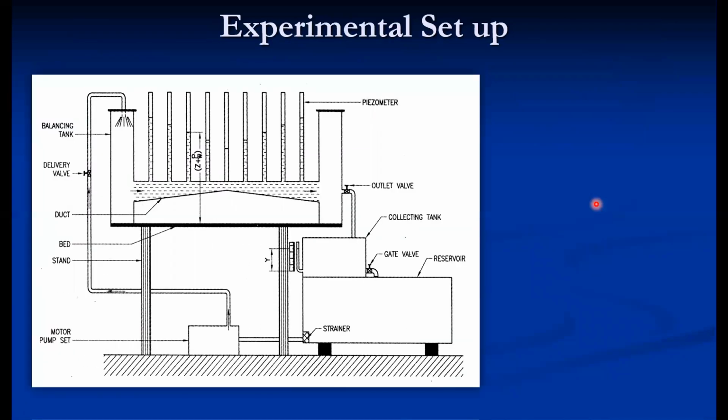So this is the experimental setup for the verification of the modified Bernoulli's equation. It mainly consists of this non-uniform pipe section, and at different sections of the pipe, piezometers are fitted. These piezometers measure the static head, or in fact the piezometric head, because Z is the same in all sections. So it measures the piezometric head at various sections, or in this particular case, as Z is the same, it measures the static head. For that, the piezometers are installed.